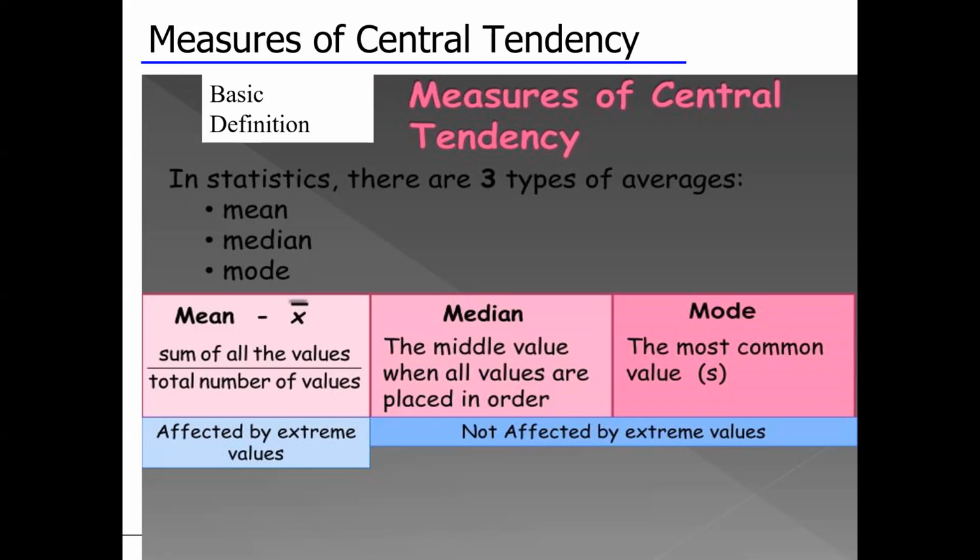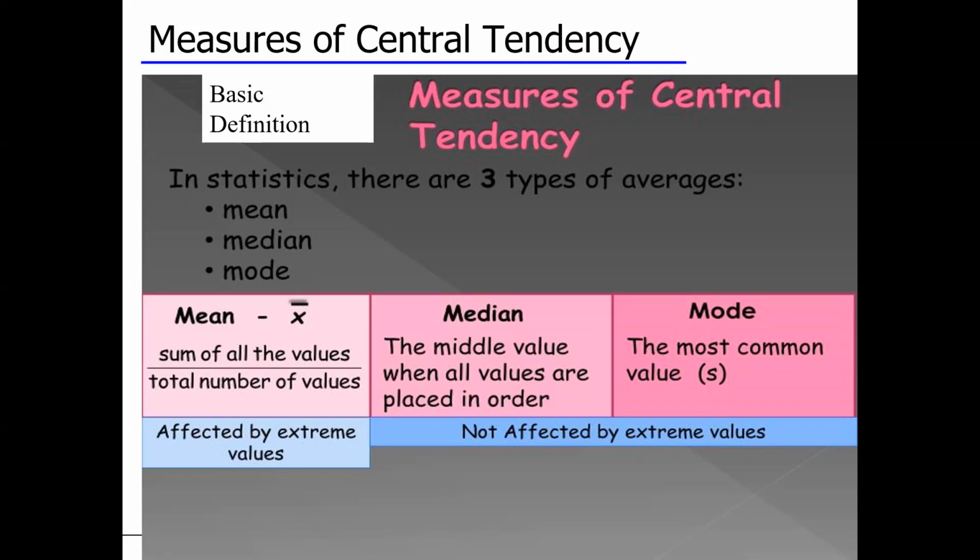So in this type of situation, we go for another measure of central tendency, which is the median. Median is nothing but the middle value when we arrange the data in ascending or descending order. So median is a value which divides the data into two equal parts. 50% of the values will be below the median and 50% of the values will be above the median. In many situations, median is more applicable to measure the central tendency.